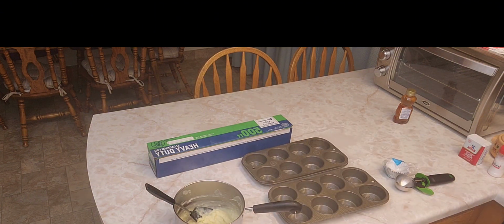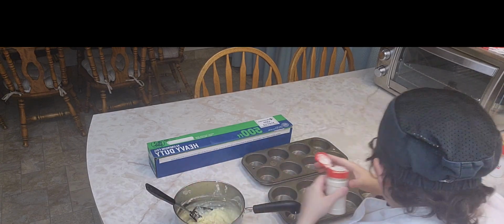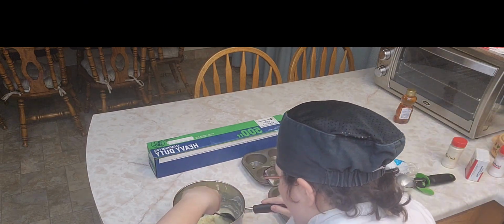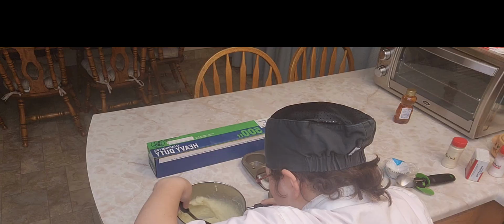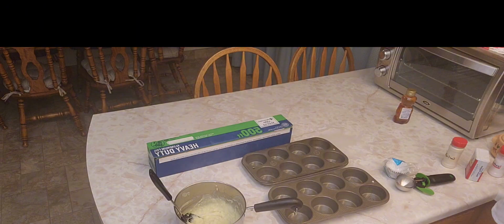Then what we're gonna do, let's see what else it says to do with this. Let's see, it says we're gonna add black pepper, garlic powder. So we'll add a little bit of garlic powder in here. A little bit, not much. We don't want too much. And we're gonna add some black pepper, just a couple sprinkles. Okay, then what it says is what we're gonna do is